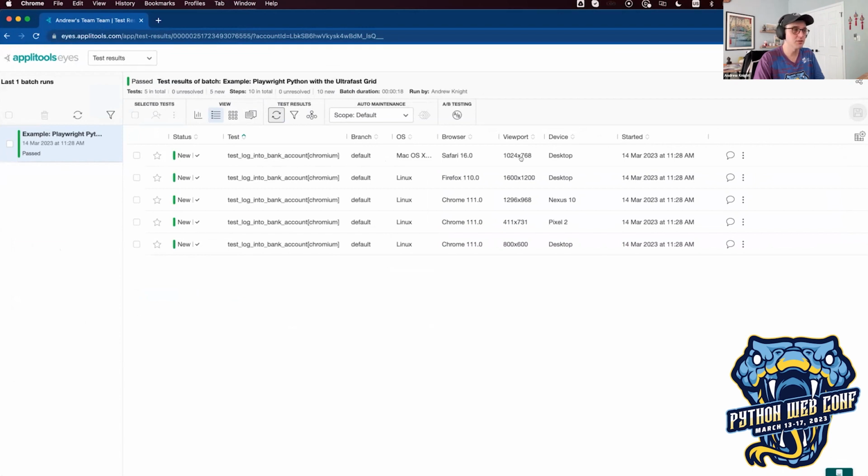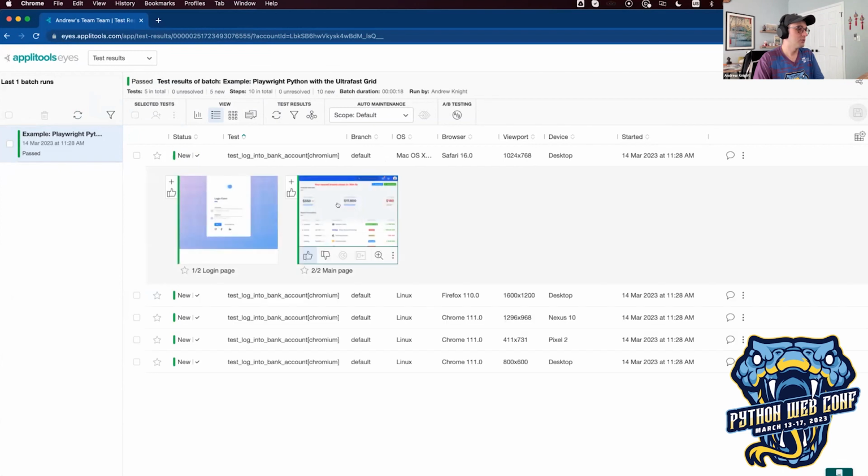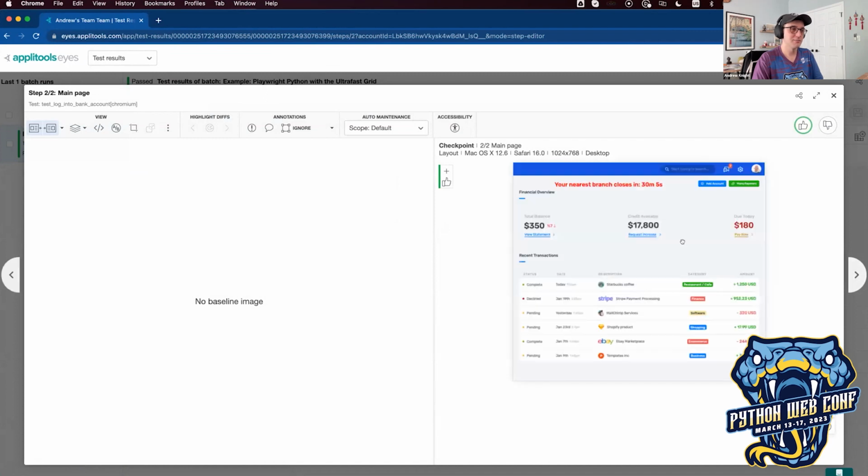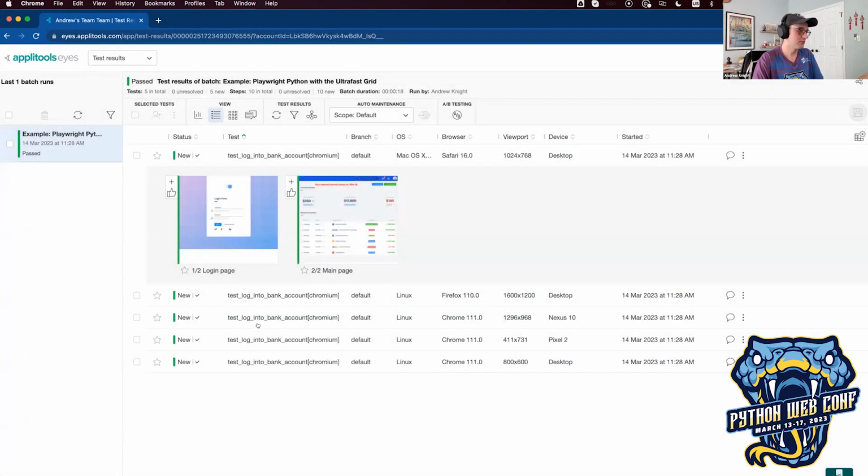browser and mobile configurations. Like this one is running on Safari, this one's Firefox, these are my devices, this is Chrome desktop. So if I open this up, you can see I have 2 snapshots that were captured. Cool, cool. I look in here. This is establishing the baseline for the login page. And then we're establishing the baseline for the main page. And if I open up different